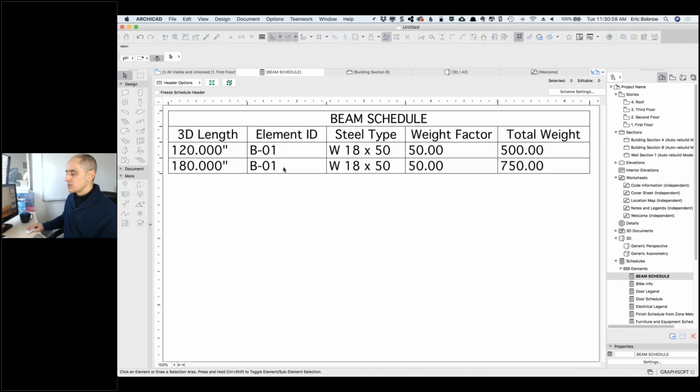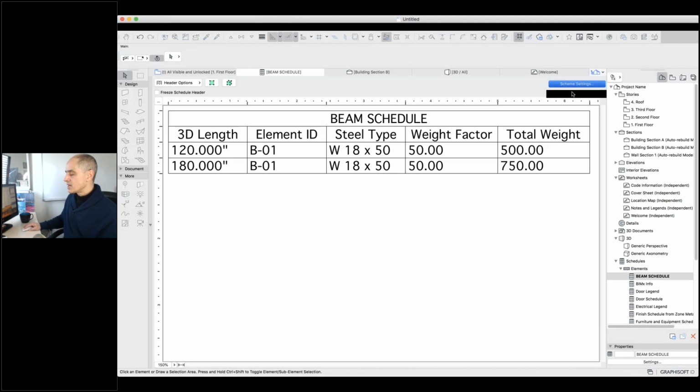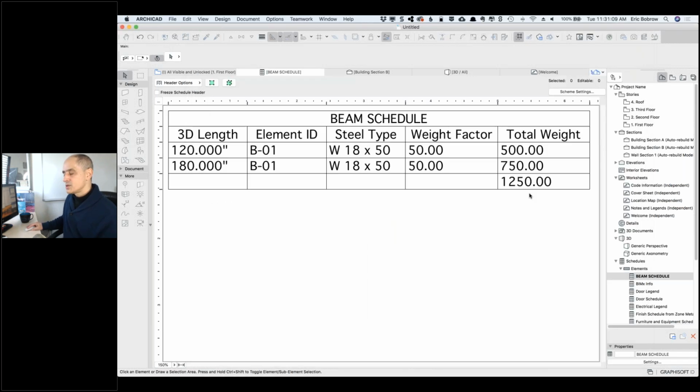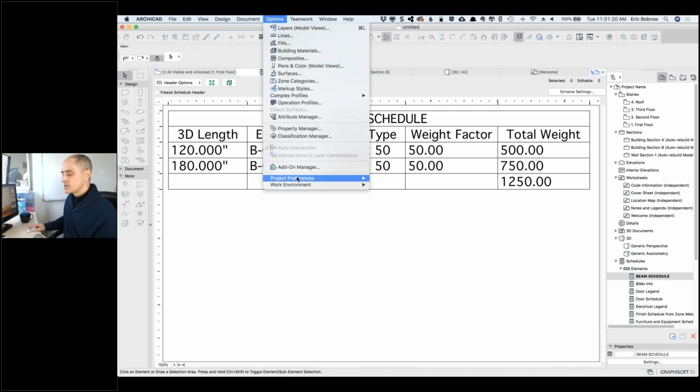I could, of course, change the ID. Let's go to the scheme settings and say that I'd like to take, just click a couple of times till you get the sigma showing up where it's going to total up the weight, and you can see what it's doing there. Now, the length here, probably putting it into inches with 3 decimal places seems a little bit odd. So we're going to go to the options, project preferences,